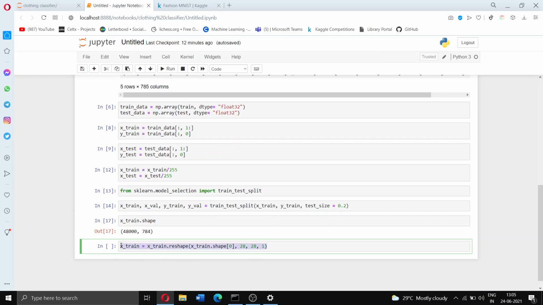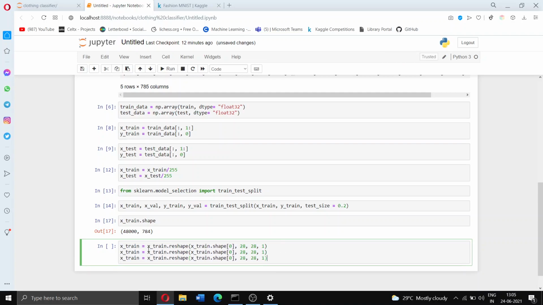Let's do the same for x_test and x_val as well. So let's do x_val next. x_val equals x_val.reshape. And similarly for x_test.